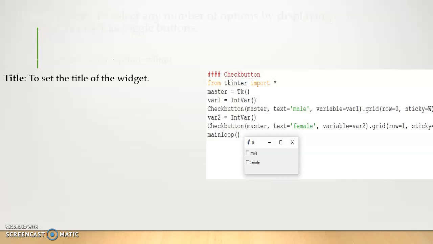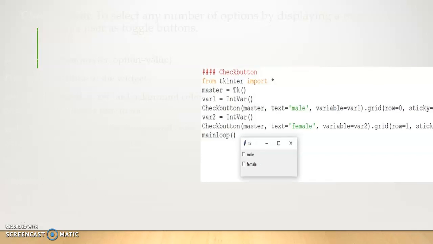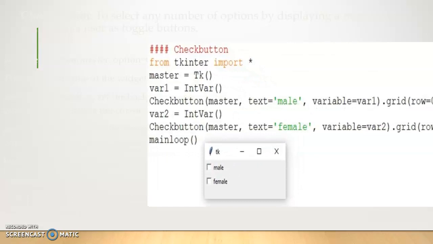So you can see it is given, title to set the title of the widget, then active background, active foreground, background color, command, font, image. And you can finally see this particular example. From tkinter import star, master is equal to tk.Tk, so by this we are creating a master over here.